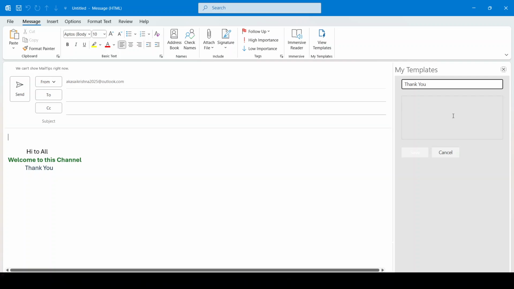Give your template a clear, descriptive title you'll recognize at a glance. Think about how you search under pressure. Phrases like meeting follow-up, out of office reply, or weekly update intro make it easy to pick the right one quickly. Then, type the body of your message exactly the way you want it to appear when you insert it